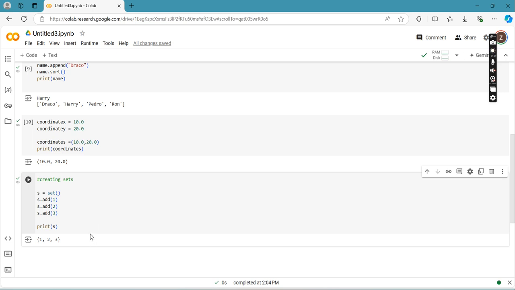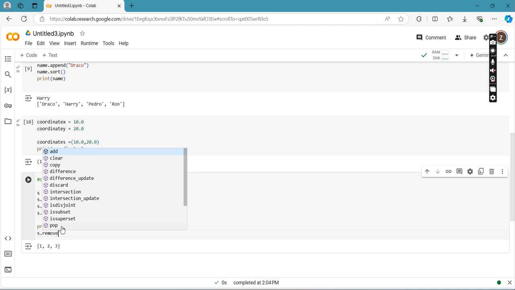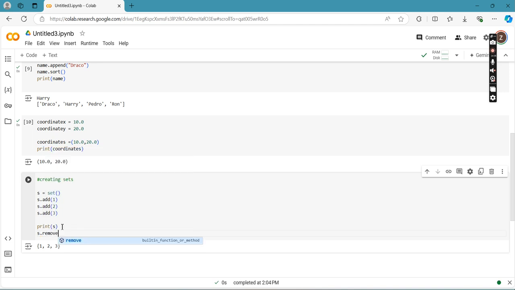Now, since we have added some values, we could also remove them by using the keyword remove.